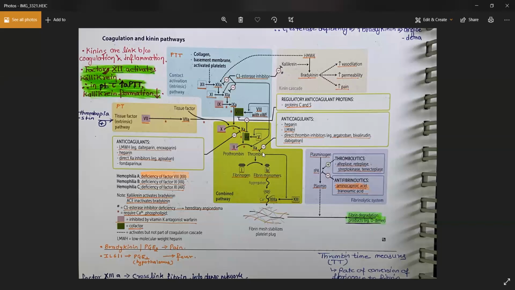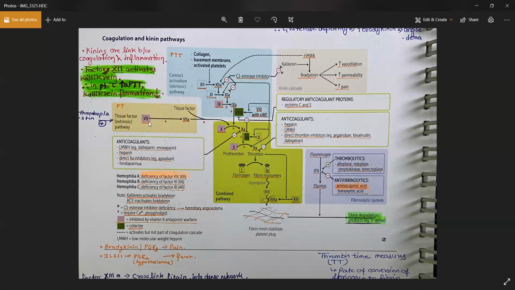Now, once the thrombin is formed, it will convert the fibrinogen into the fibrin. And now the aggregation can happen, right? And the fibrin meshwork can also be formed. Is that okay? Second type is the extrinsic factor pathway, in which because of the damage of the tissues,